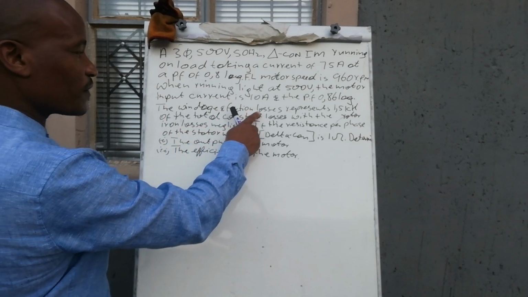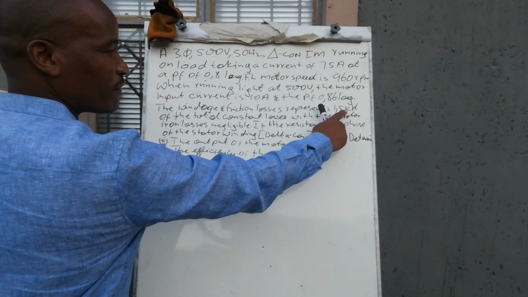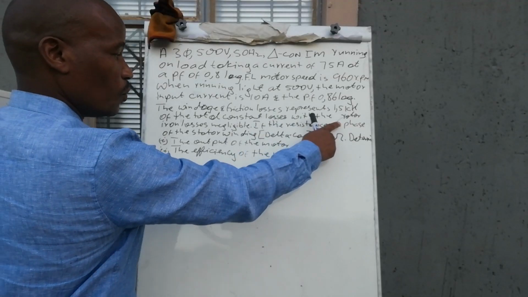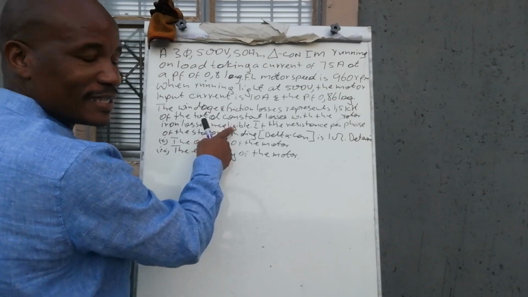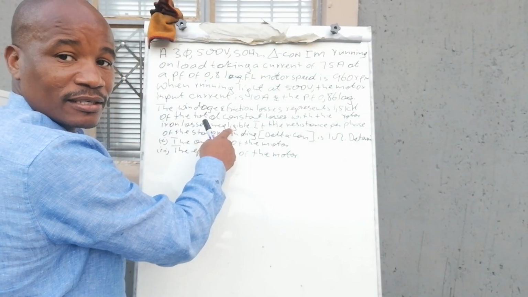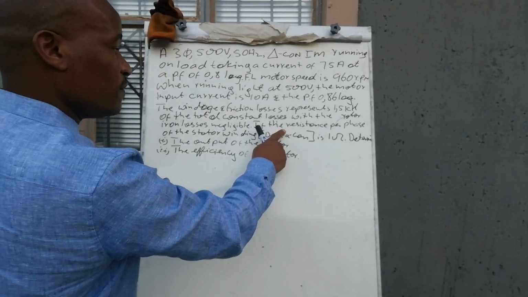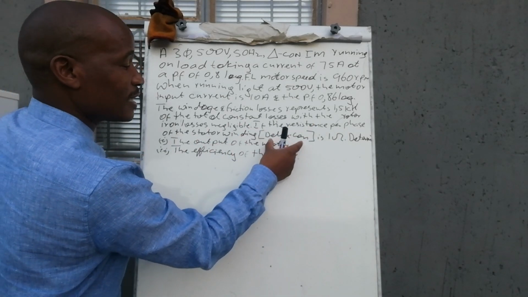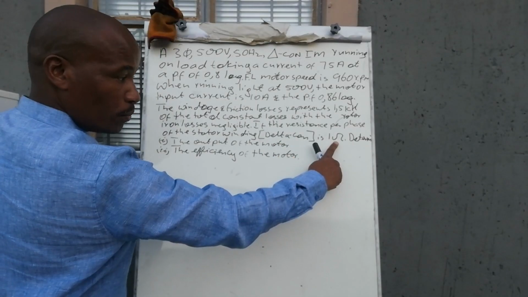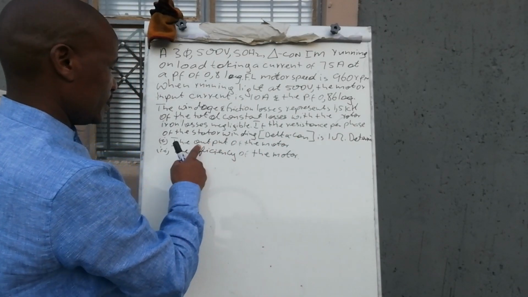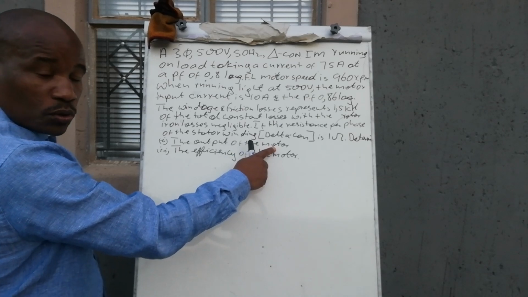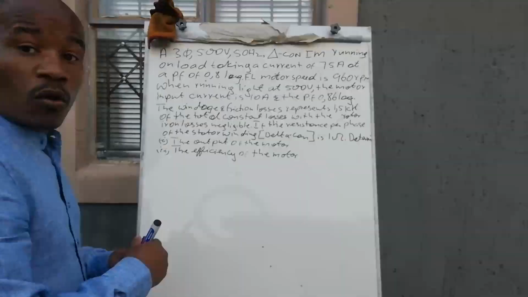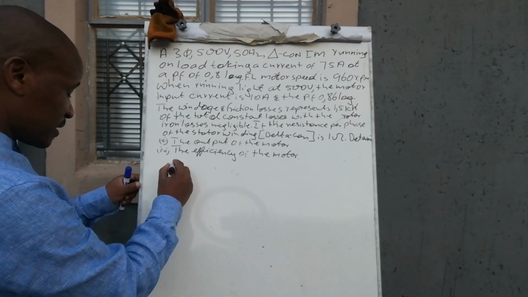The windage and friction losses represent 1.5 kilowatts of the total constant losses, with the rotor iron losses negligible. It's 0. If the resistance per phase of the stator windings that is delta connected is 1 ohm, determine the output of the motor and the efficiency of the motor. Now, first of all, that's key. First of all, you must start with the